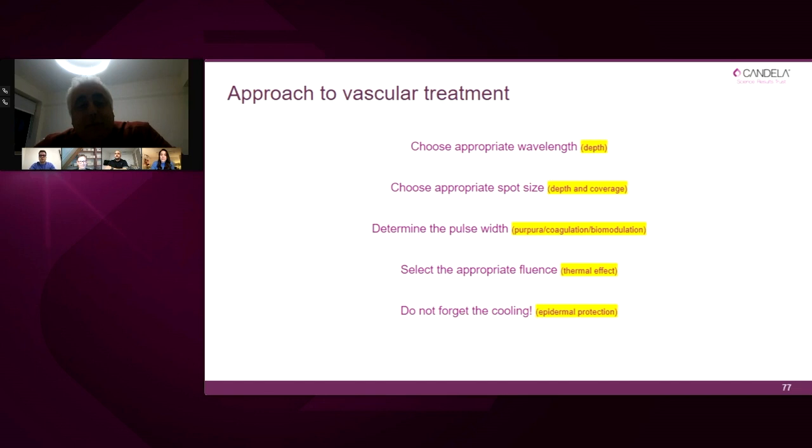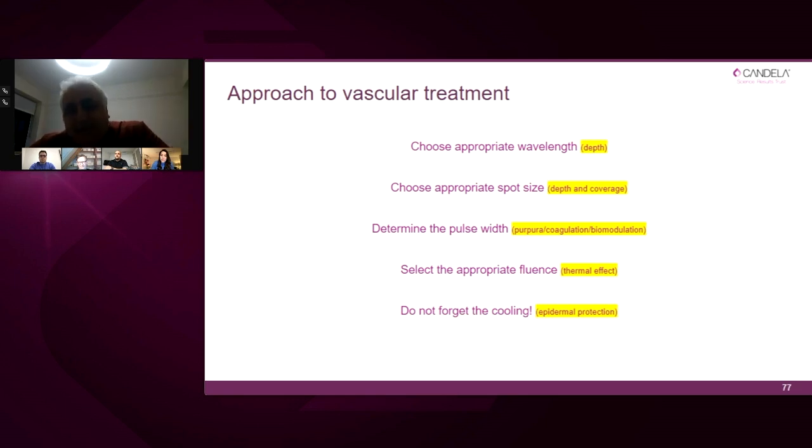So already my colleague, Professor Bjerring, mentioned that if we are doing things like port wine stains or we need purpura, then we choose a short pulse duration, so a 3 or a 1.5 millisecond. Typically for coagulation of the larger telangiectasias and vessels, we start with a 10 millisecond and above.